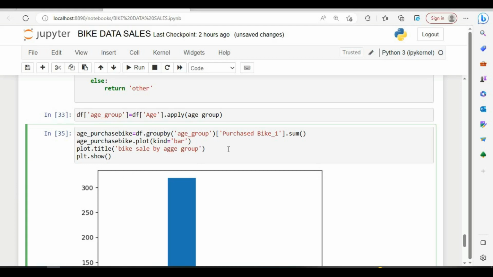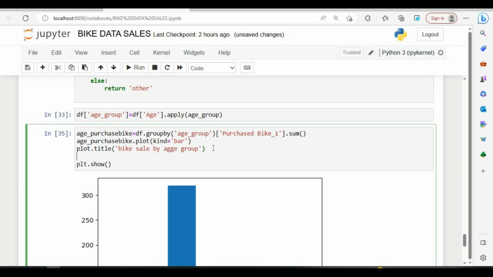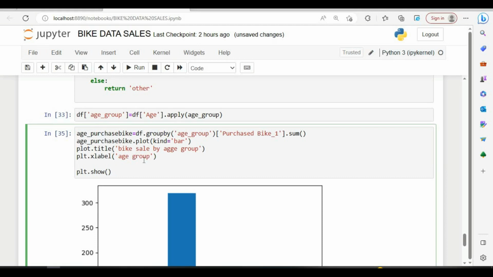Then I will put another, plot dot x label. So the x label will be age group. And for the plot, I will just copy this and paste it here, and here I will put y label, and here I will take number of bikes,